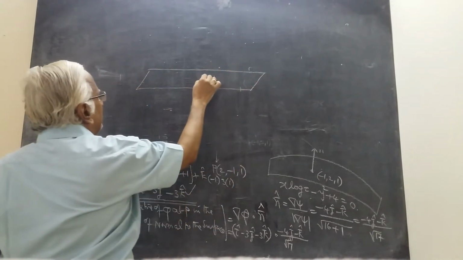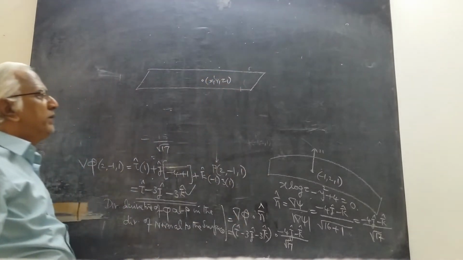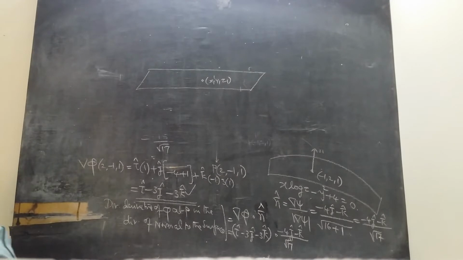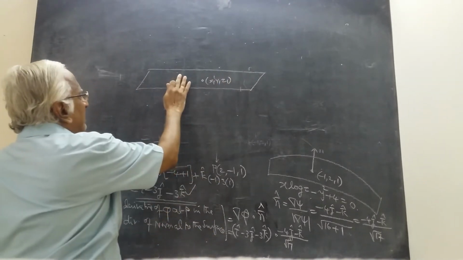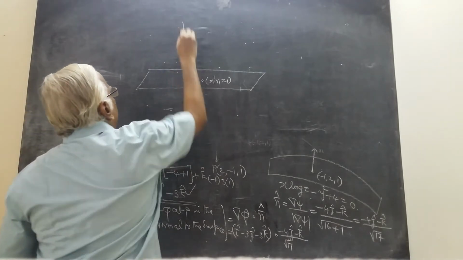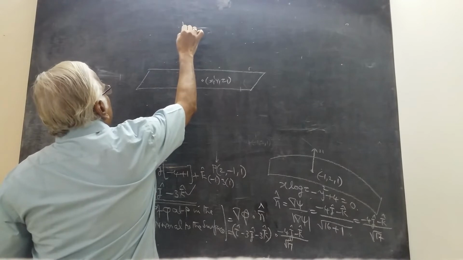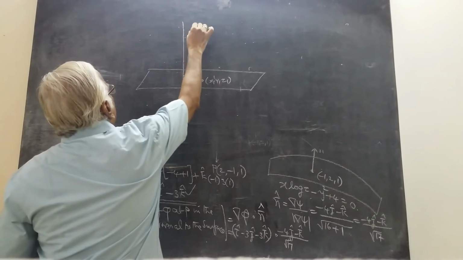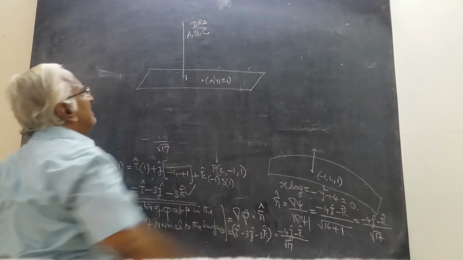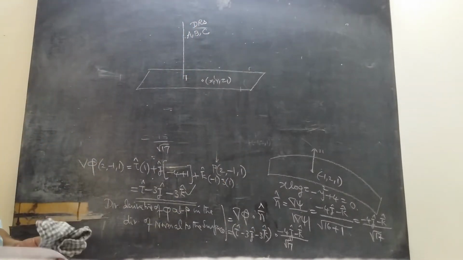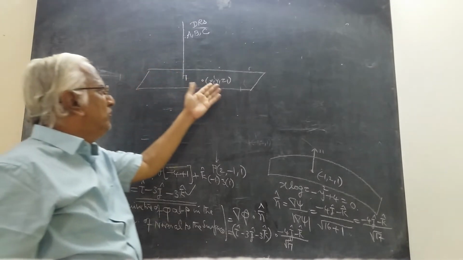The plane passes through the point x1, y1. You are given a point on the plane. You are given a plane, you can draw a normal to the plane. The normal is a line, and lines only have direction ratios, DRs. What are the DRs of the normal? A, B, C. The plane passes through which point?